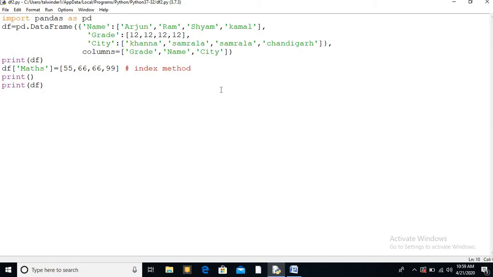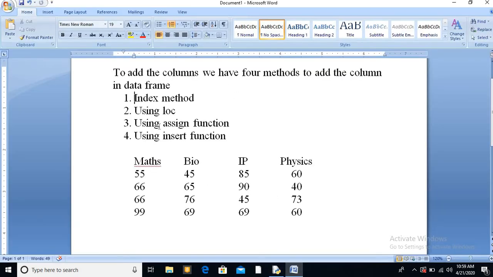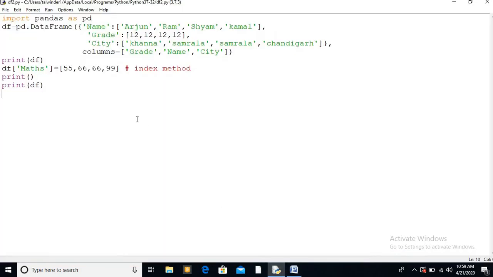Now the second method is using LOC. It is also a simple method.